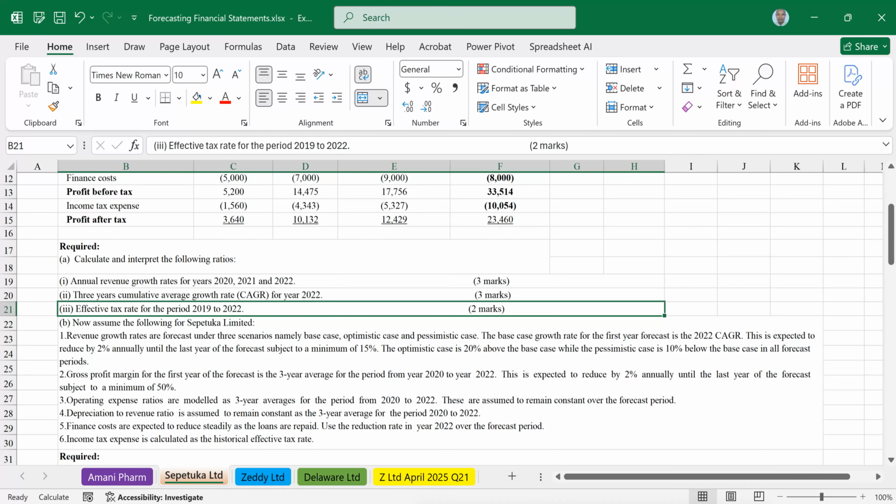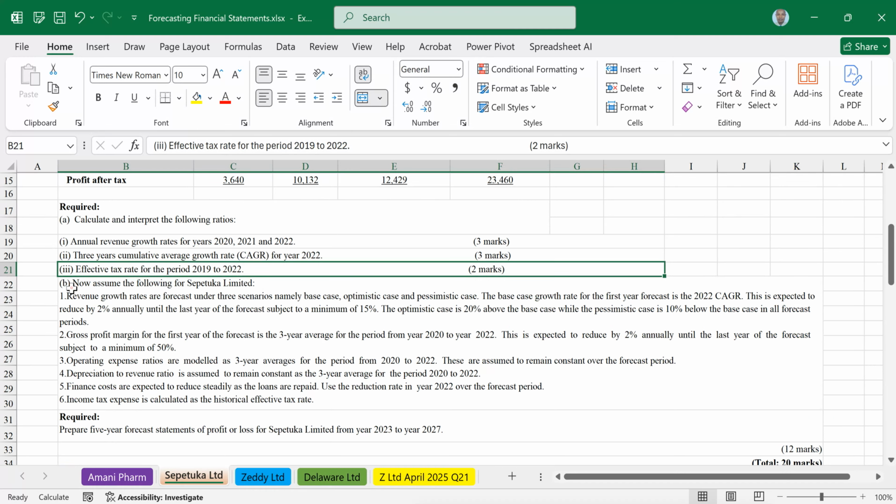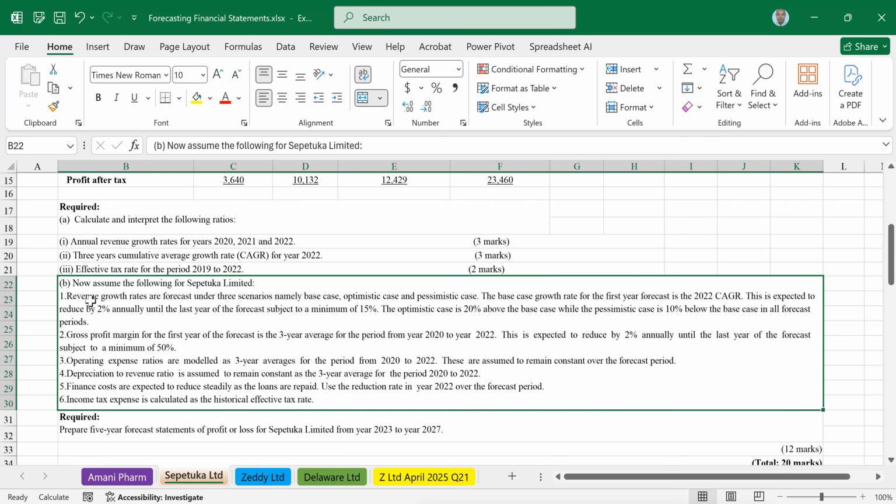Then B, now assume the following for Sepetuka. Revenue growth rates are forecast under 3 scenarios, namely base case, optimistic case, and pessimistic case. The base case growth rate for the first year forecast is the 2022 CAGR. This is expected to reduce by 2% annually until the last year of forecast, subject to a minimum of 15%. The optimistic case is 20% above the base case, while the pessimistic case is 10% below the base case in